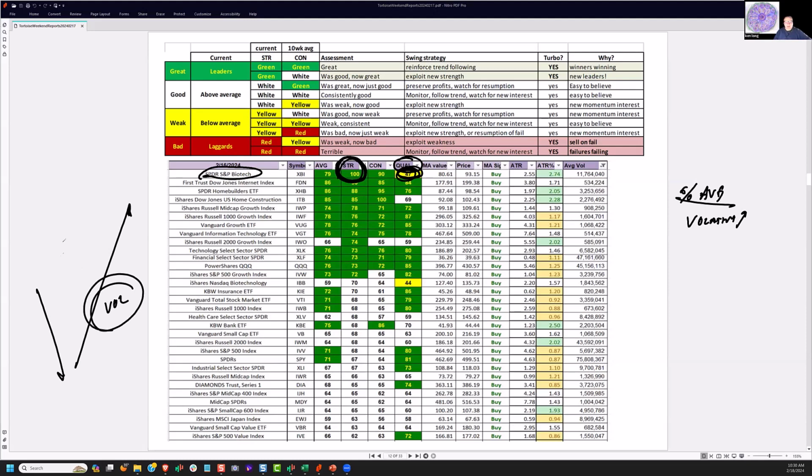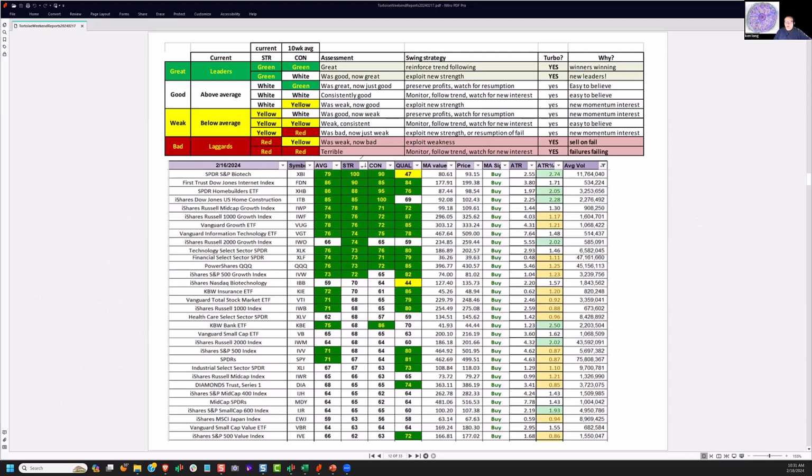When you take gains and divide it by volatility, yeah, you get great gains, but you've got bad volatility. So its quality score is lower compared to something like a simple large cap growth index, which for 150 weeks has been amazingly good and has had not a lot of volatility. It's been chugging along, so it gets a great SQN score. So this is a way, on a simple table using strength, consistency, and quality,